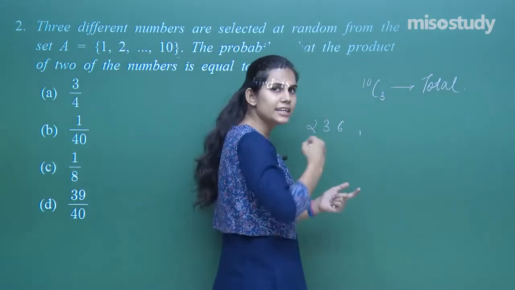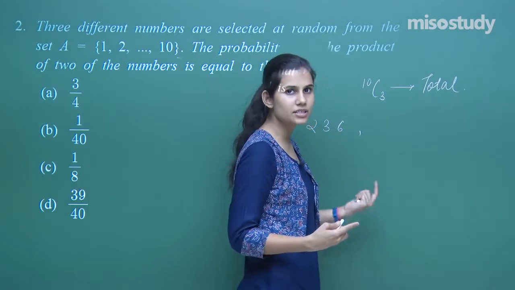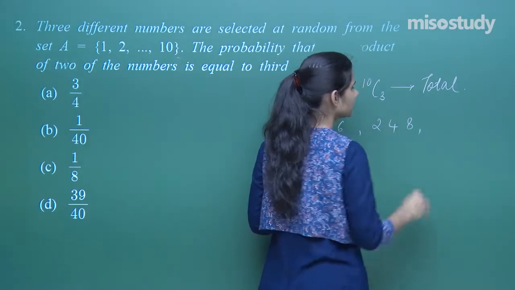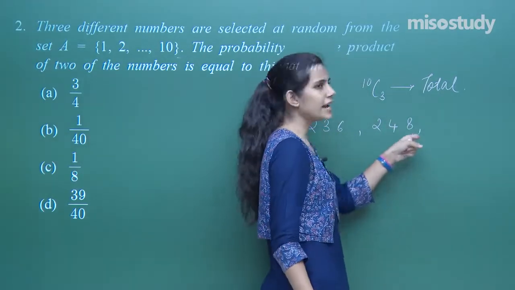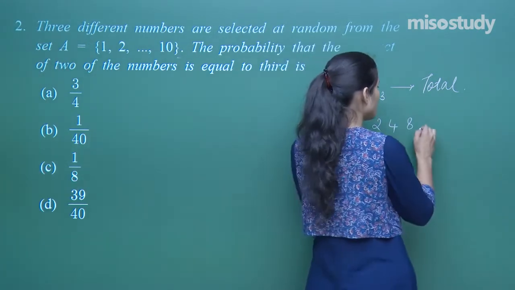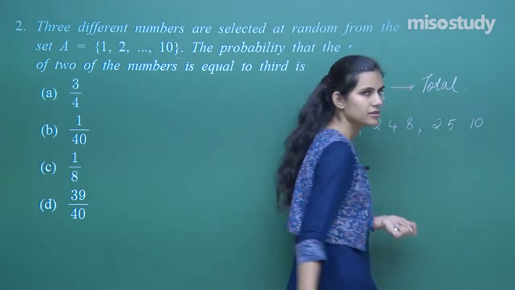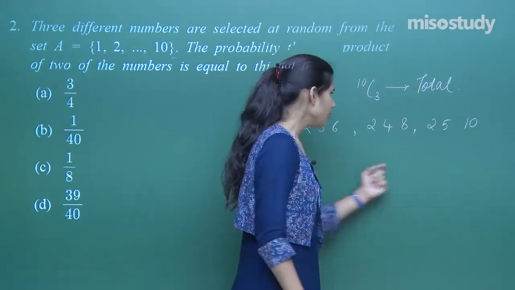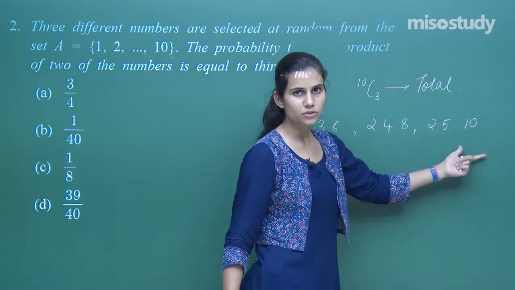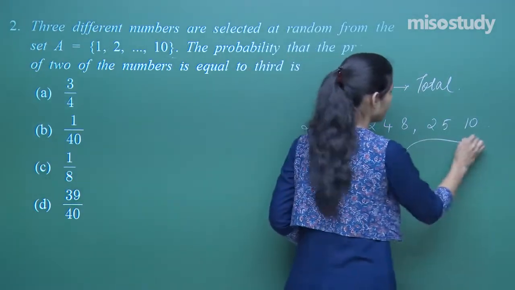Now you cannot take 3, 2, 6 as another combination because I am not interested in arrangement, I am just interested in selection. Then after that you can say 2, 4, 8. Again don't consider 4, 2, 8 as another type of selection. No, that is not another favorable way. After this you have what? 2, 5, 10. So there are just 3 ways in which 3 numbers can be chosen out of the available numbers from 1 to 10 such that the product of 2 is equal to the third, and therefore I am having